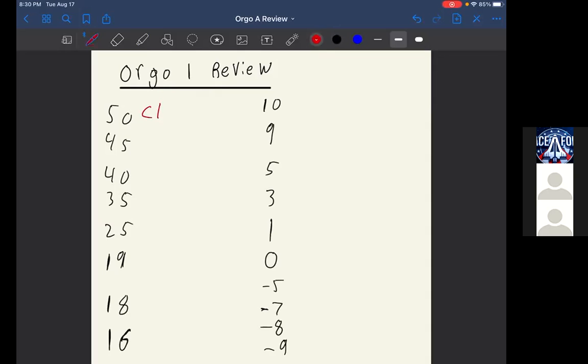And this is going to be CH4 or an sp3 carbon. I'm not going to write carbon because I don't have enough room. So for 45, it's going to be an sp2 carbon. You guys remember hybridization, sp1, sp2? Do you guys remember hybridization? So for the pKa value of 50, it's a CH4, which is an sp3 carbon. For 45, it's going to be an sp2 carbon, which means that it's going to be a carbon with a double bond